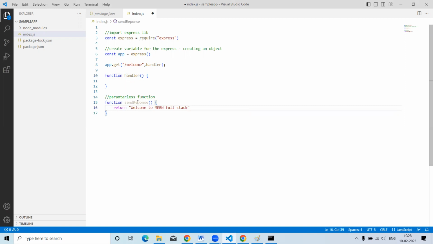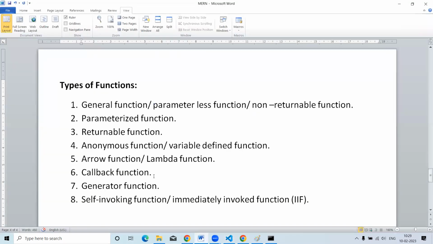Now it is parameterless. Parameterized means the function has input parameters. Are there any input parameters? No, but it has the return keyword. So it is a parameterless returnable function. We'll take everything. Here we have the categories, right? General function means,